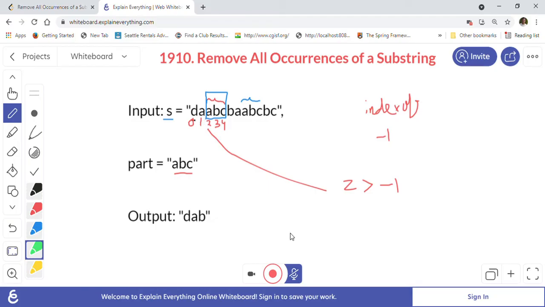So now our string was DA, then BAA, so it becomes BAA, and after that it is BC.